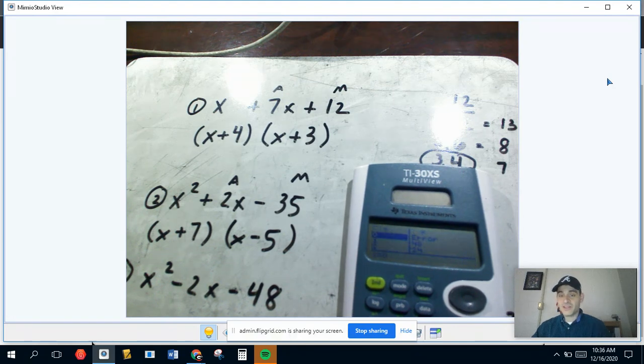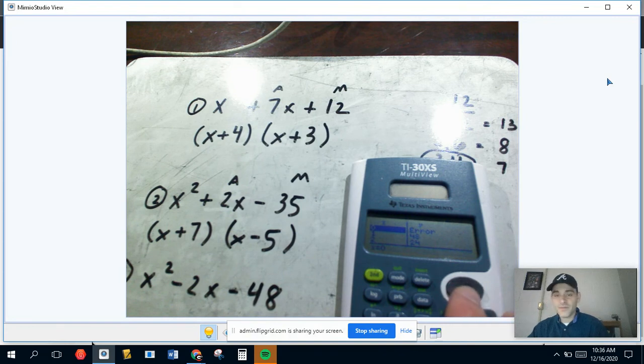I don't know how well you can see it, but what it does is give you this table. You can see that 1 and 48, 2 and 24, and I can just scroll down. And remember, my signs here, we've got to add to 2, but add sometimes is really subtract. So we need numbers that either add or subtract to 2. Well, 3 and 16, 4 and 12, those are all good. Now, when you encounter a decimal,